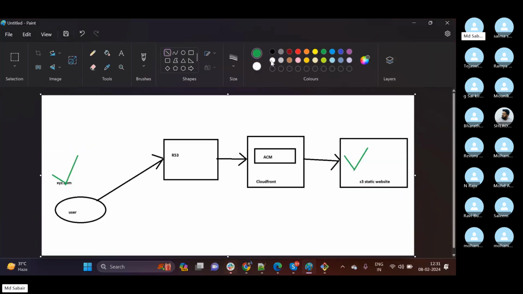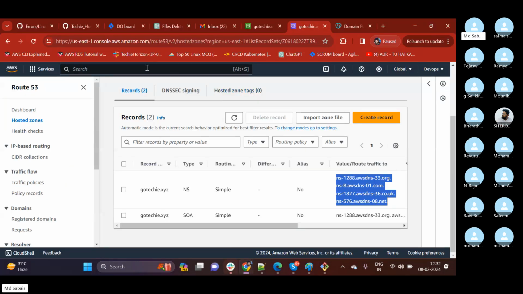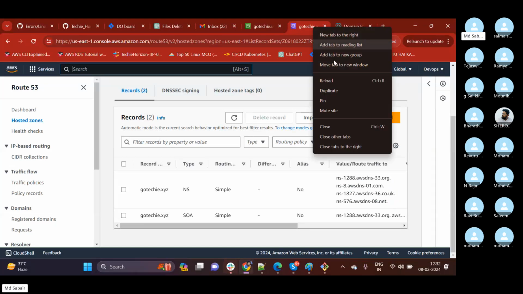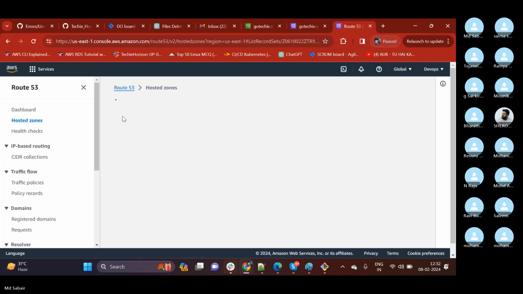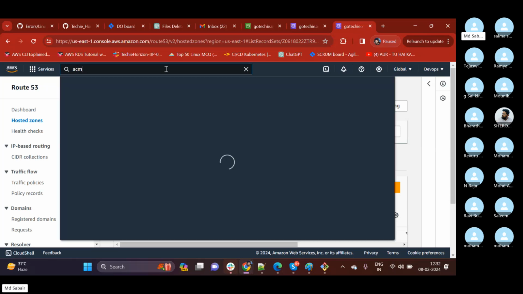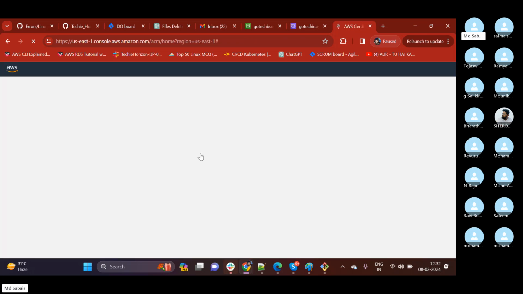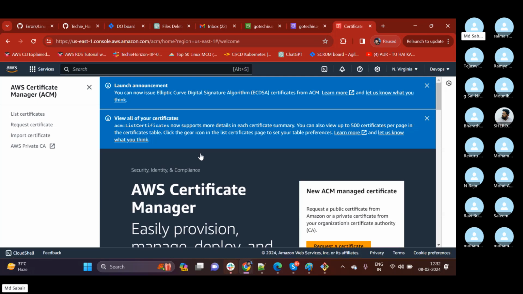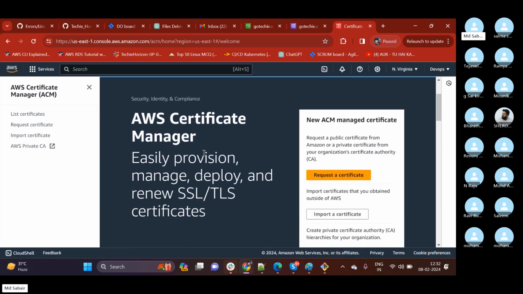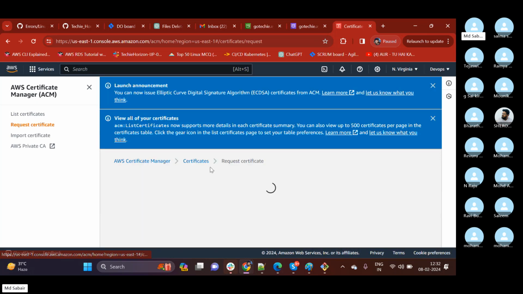So what I have done, I have purchased one domain and configured Route 53 as well. This is also done. Configuration of Route 53 is also done. Now I will configure one ACM, Amazon Certificate Manager. So let me go to ACM. Let me duplicate this page. Here we have something called Certificate Manager. So if I click here, then this service will help you to purchase SSL certificates. Okay, so click on request a certificate,